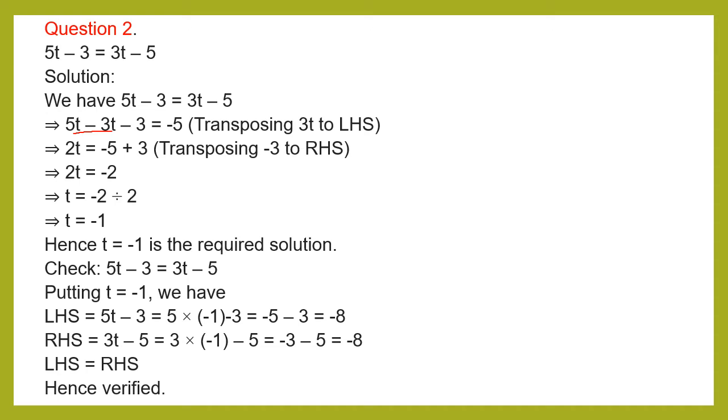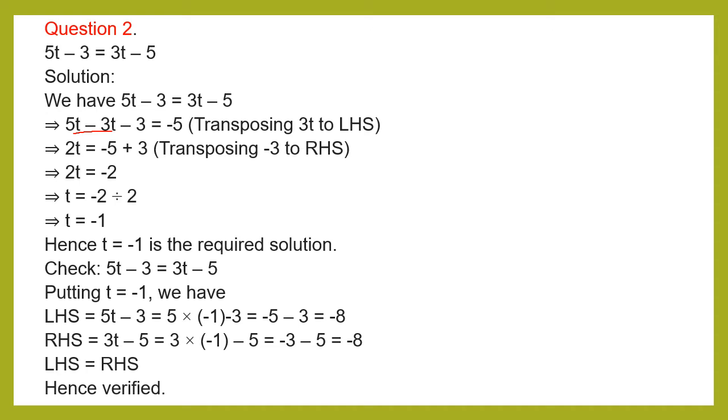If we divide minus 2 by 2, we obtain the answer minus 1. The quotient is minus 1. 2 ones cancel. The quotient is minus 1. So the t value is minus 1, children. If we solve this equation, we get the t value as minus 1. I hope you understood this.